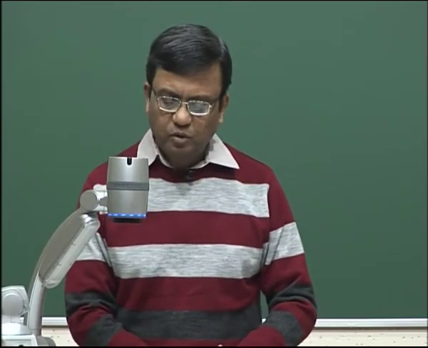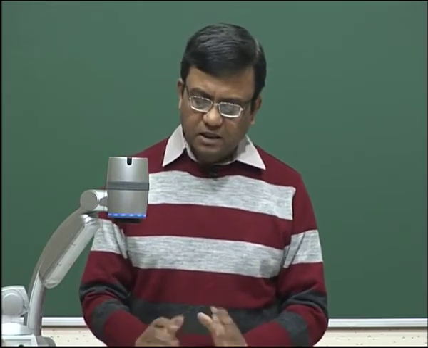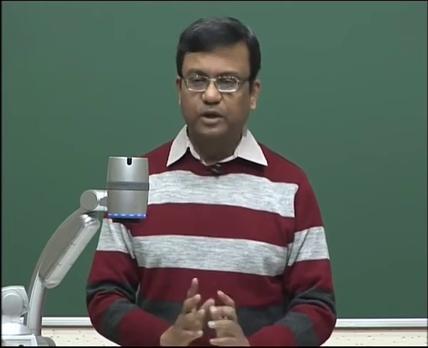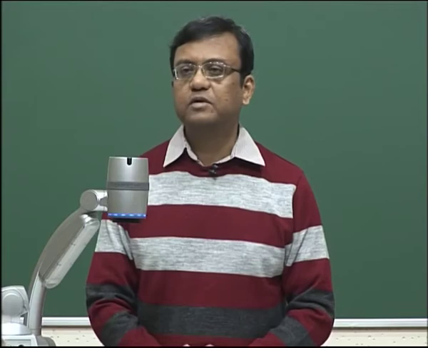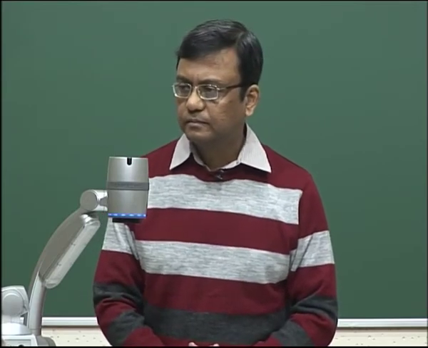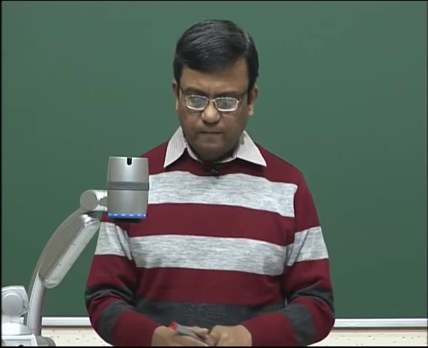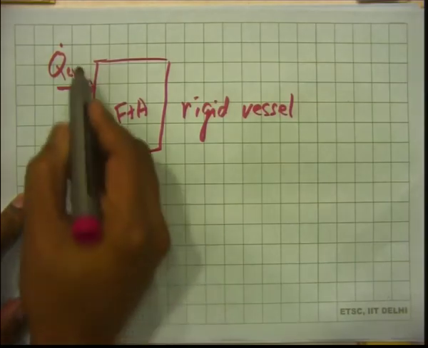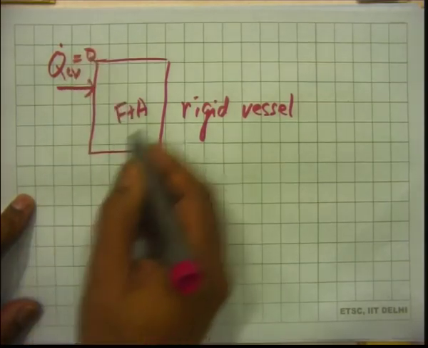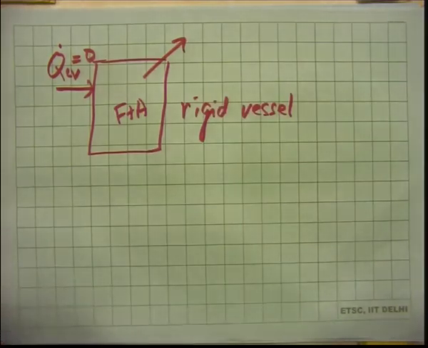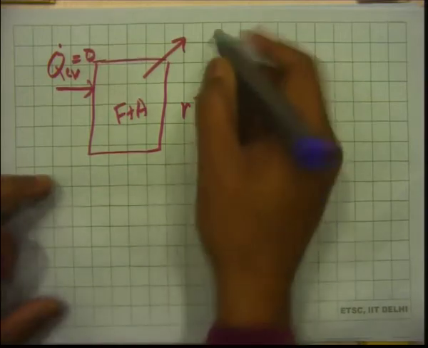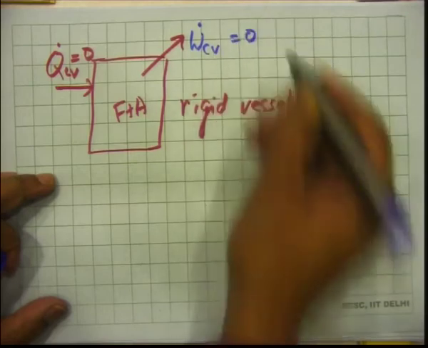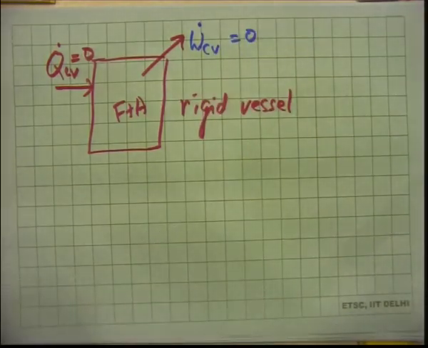Anyway, we don't have to think about the bomb calorimeter specifically. This is a rigid vessel where there is no heat transfer, let us say. It's insulated and it's rigid. Rigid means its volume is not changing and there is no heat transfer. So there is a Q dot Cv which we are setting to be 0, and do you expect any work done? No, because it's just constant volume and there is no shaft or any business like that. So W dot Cv is 0. Okay, so what's the first law for this?